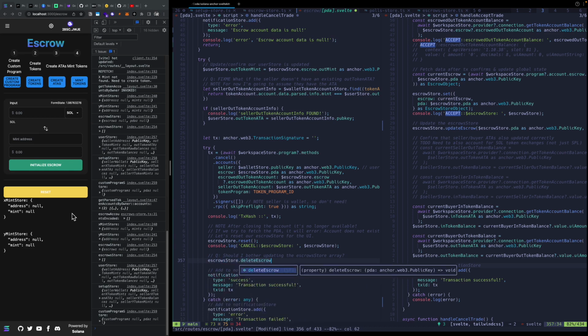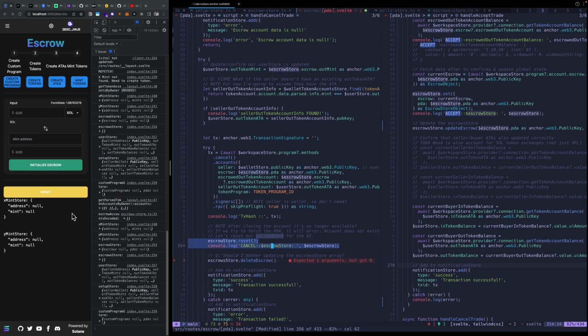Yeah, delete escrow. And here, all this helper does is literally pass in the public key of the escrow that we're working with, and it would remove it from the store. So